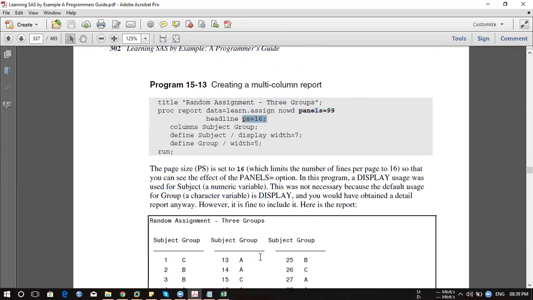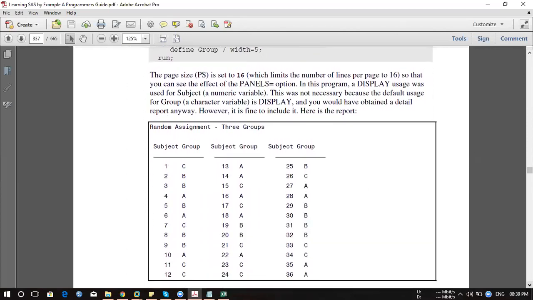And if you go ahead and count it, you have 12, 13, 14, you have a blank, you have 16. So page size limits the number of lines in a page.